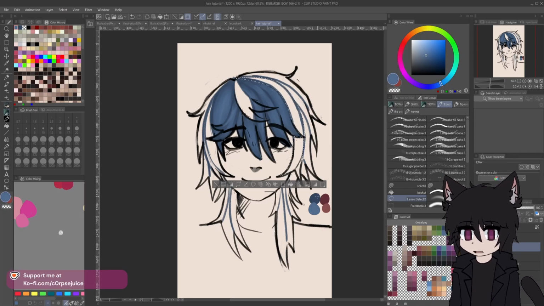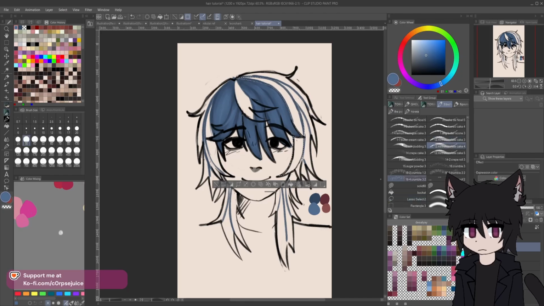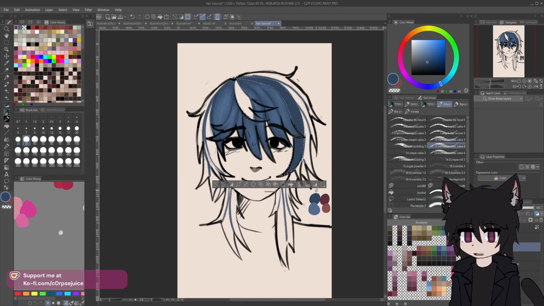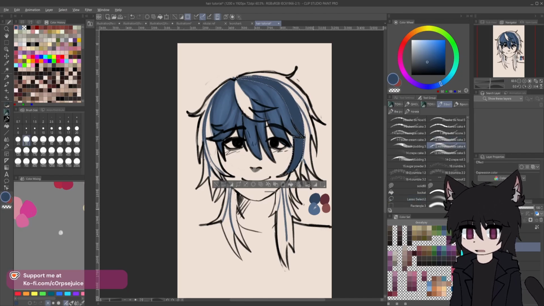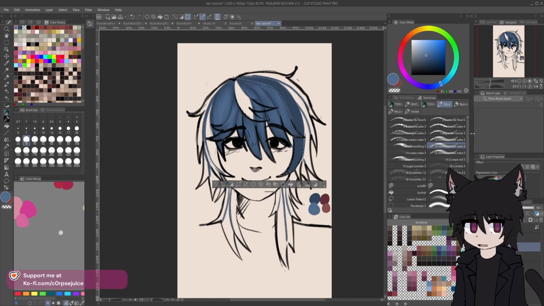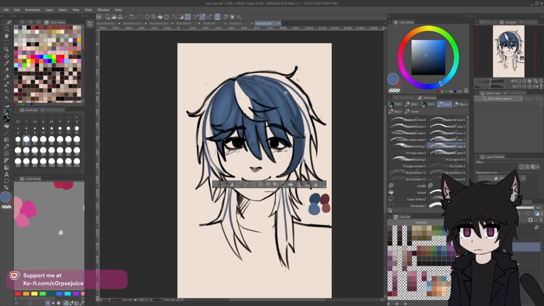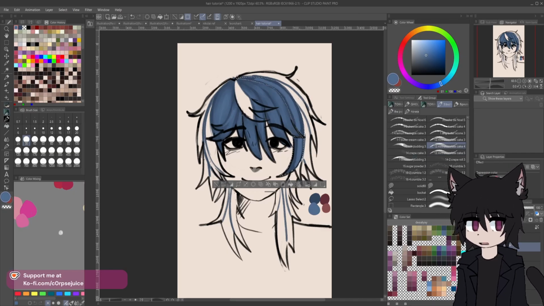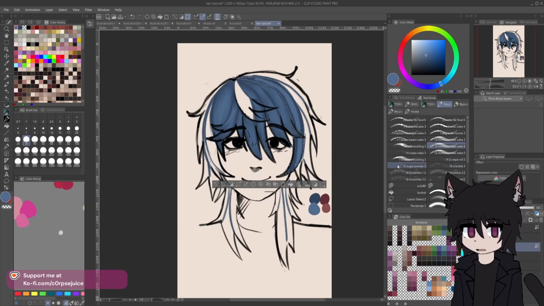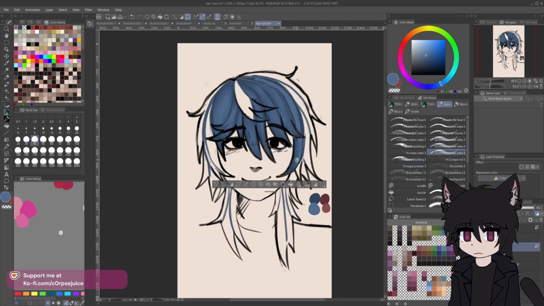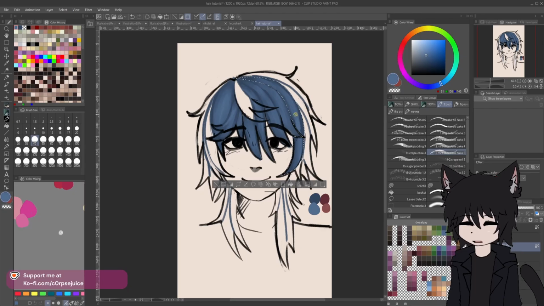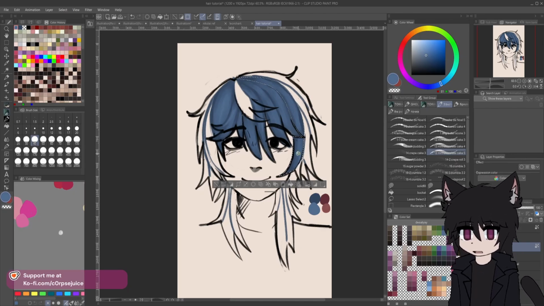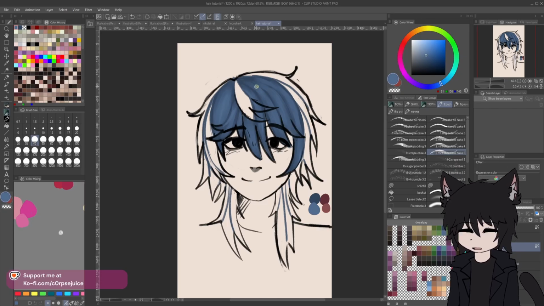And then I would, wrong tool, I would just fill it with the shadow color, the shading color, whatever. And do the same stuff, but I would also make sure to turn on an alpha lock when I go to blend it, just to keep everything organized and perfect,